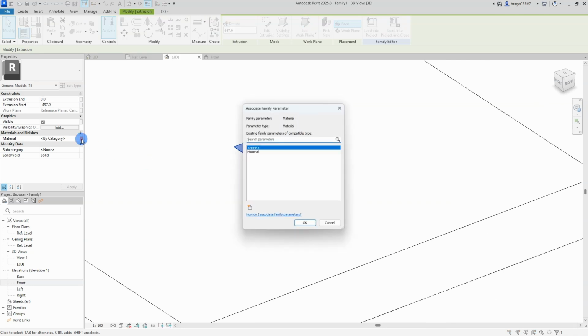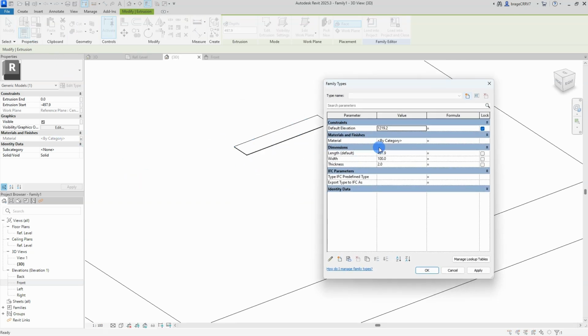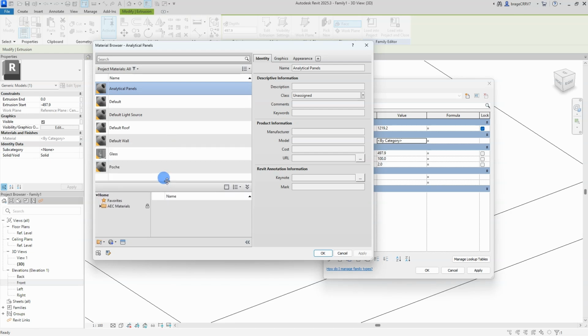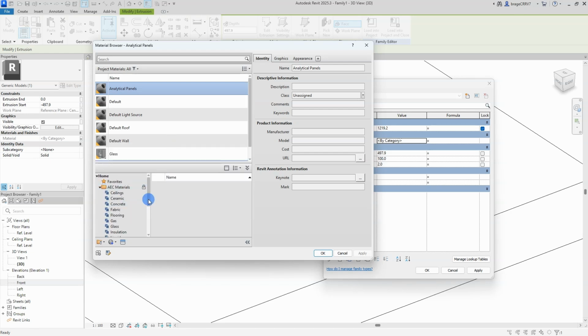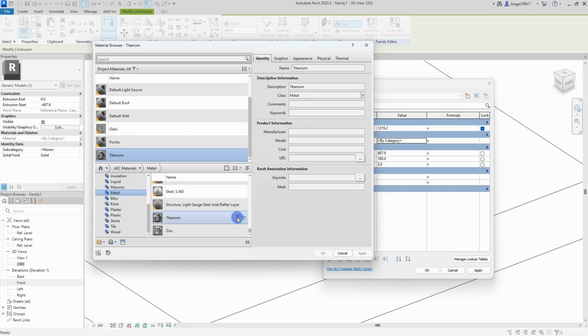Select the element, go to the properties menu and press the tiny button to select the material parameter. Although I have connected the material to a parameter, giving the user in the main Revit project the option to change it without opening the family, I want to add a default material to the Revit family so the end user does not have to do it. The material here will be carbon. Sadly, it does not exist in the Revit material library, so we'll just use titanium and make some changes to